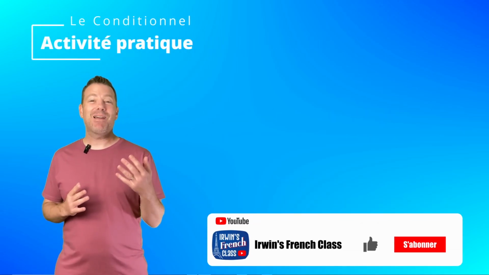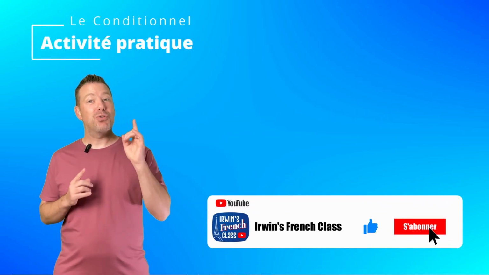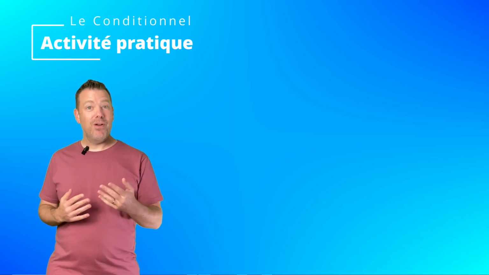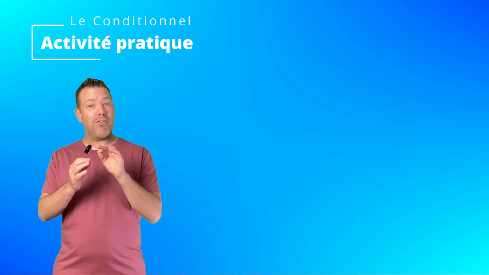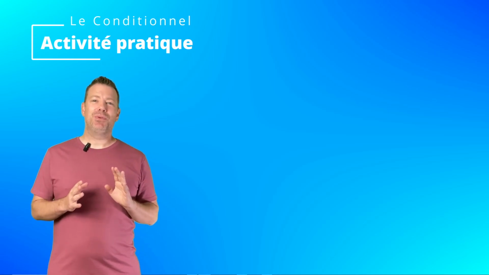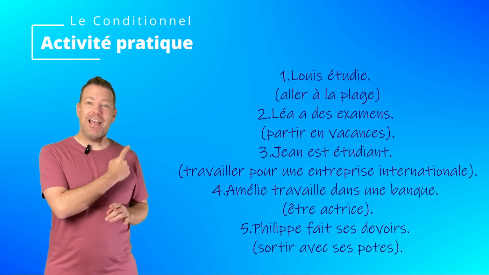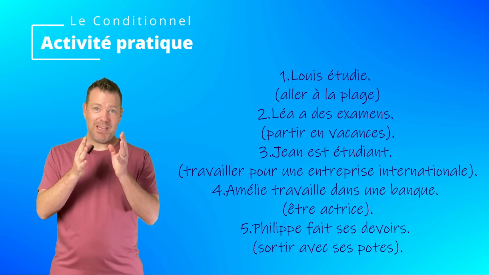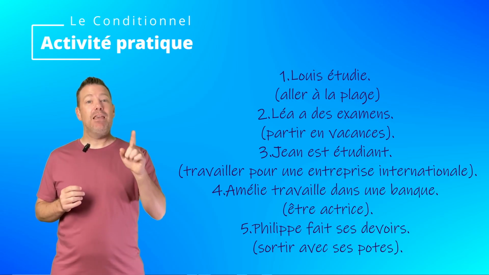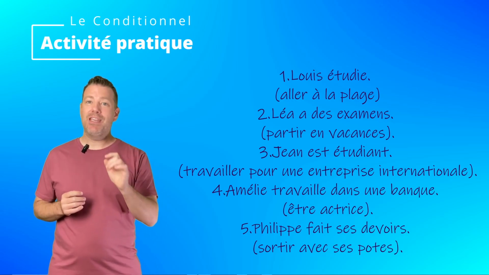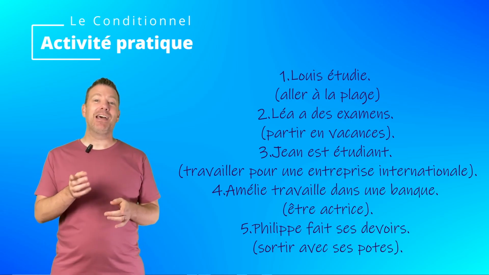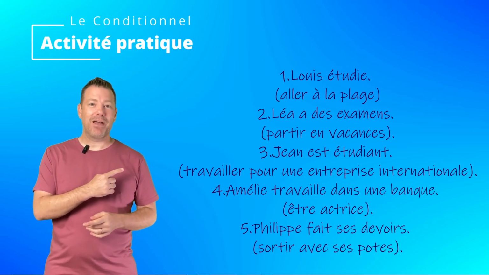All right, now let's practice together the conditional with a focus on the hypothetical situations expressed through the si and imperfect construction, then followed by the conditional. All you need to do is to use the two given elements to be careful. Say what the following people would do if they were not doing what they are doing, if that makes sense. I'm going to explain. We're going to do the first one together, okay?